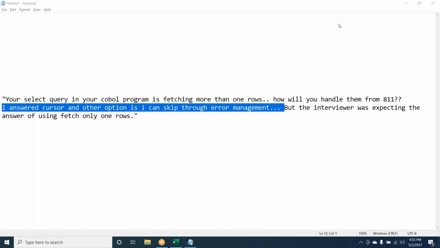See Venkat, I think there is no way to handle it like that. This situation will come only if you want to do a record existence check. There we can use fetch first row only. It is like an existence check. You can correct the syntax here, because the syntax needs to be fetch first one row only.